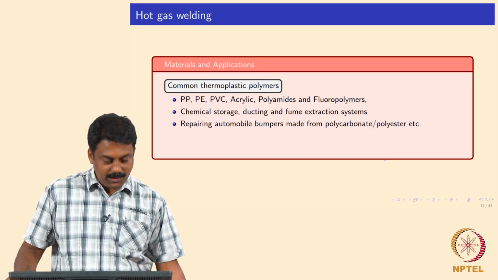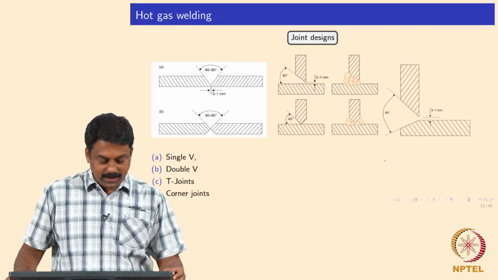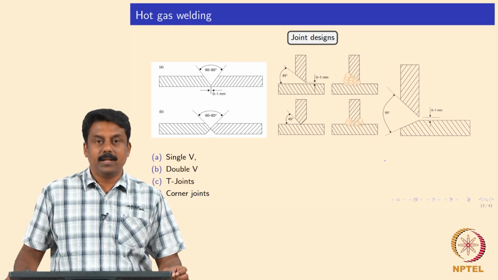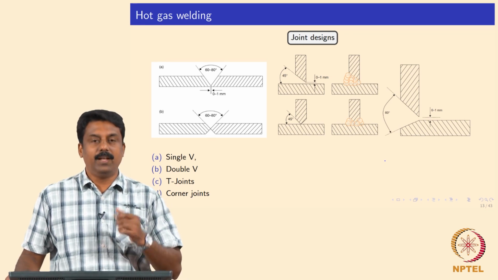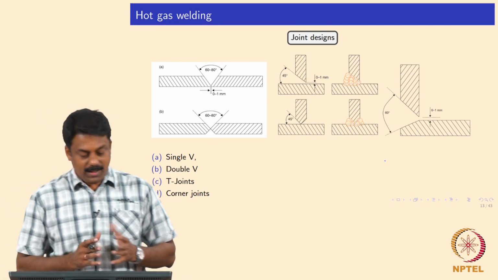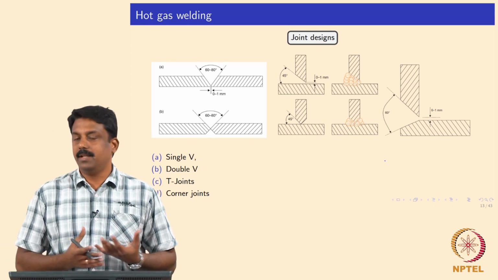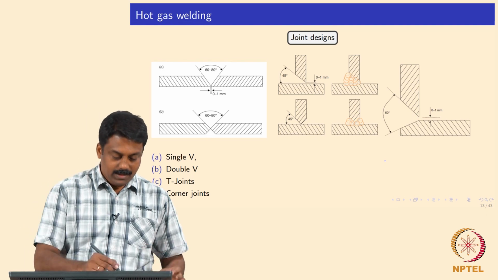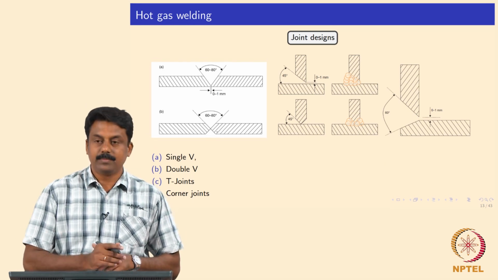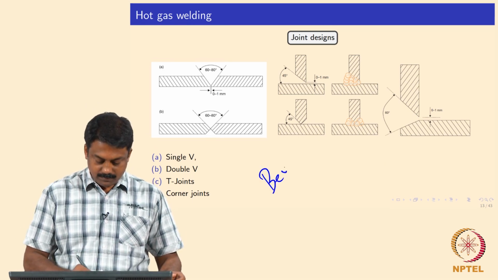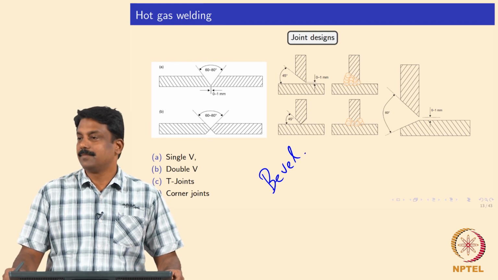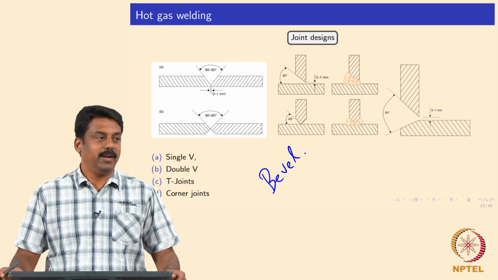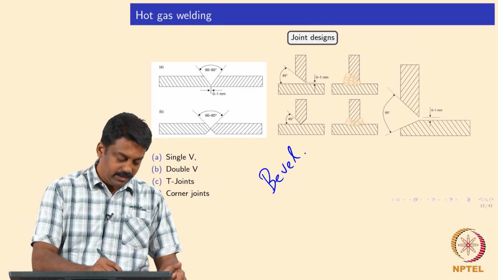Nice. So, we will move on to the joint design again. The advantage of using a filler gives us the ability to manipulate the joint design. So, we can use the conventional bevel, V groove bevel or double V bevel. What is bevel? Bevel is a joint design, so machine design. So, this is V bevel.